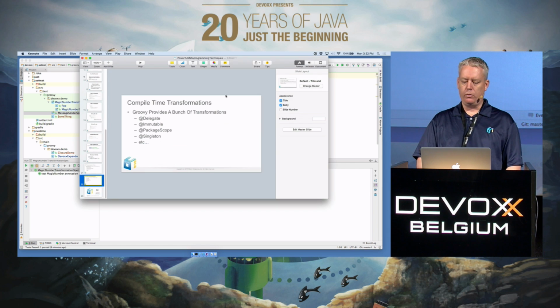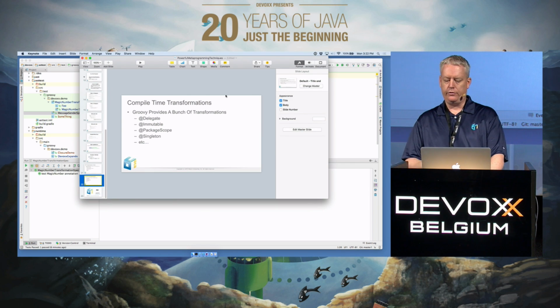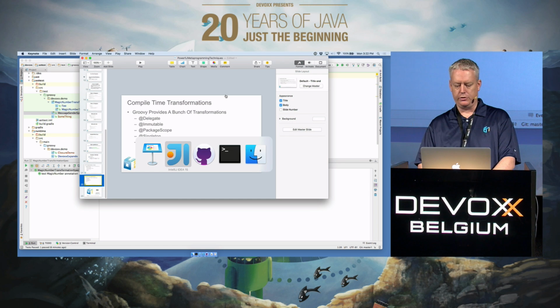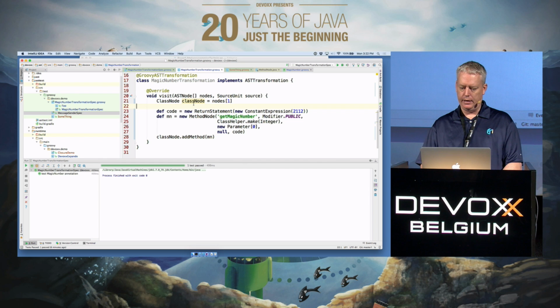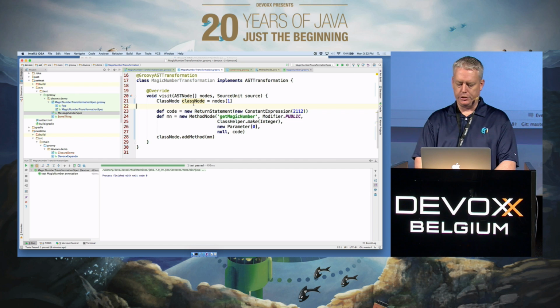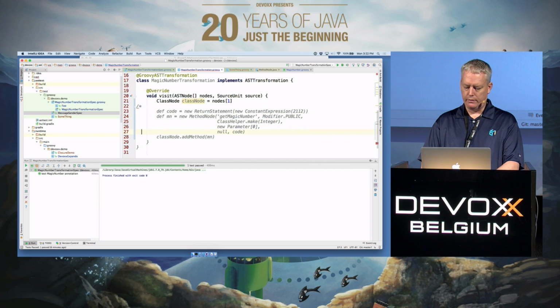There are lots of ways to take advantage of AST transformations. That's just one of them. All right, let's get back to this transformation and take a slightly different approach here. Instead of all that, let's do this. Let's say